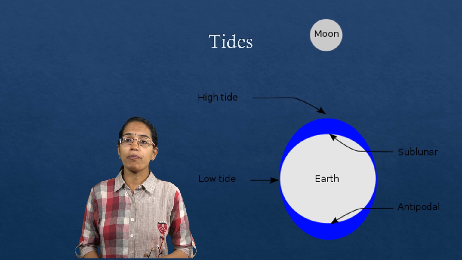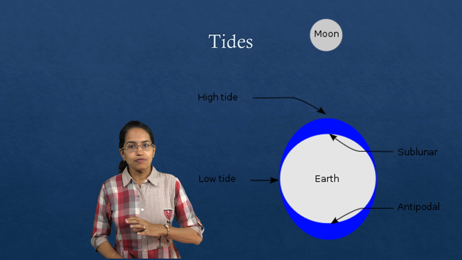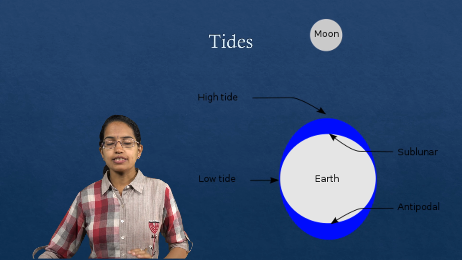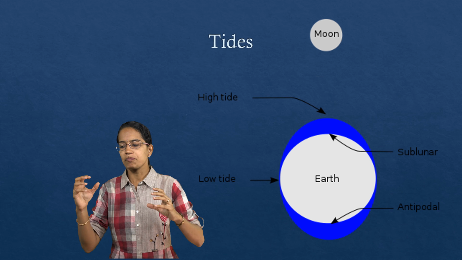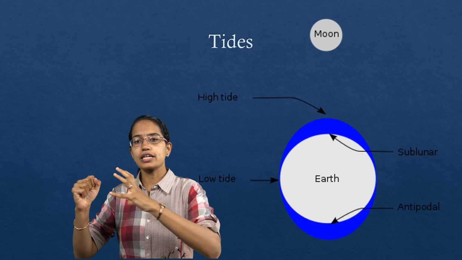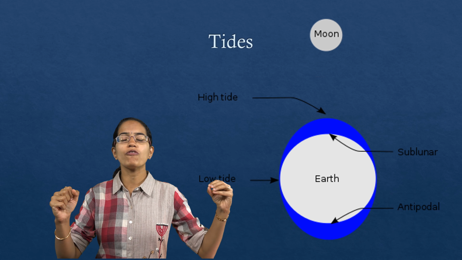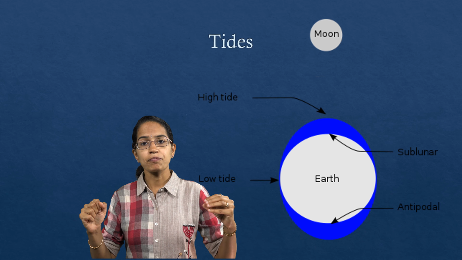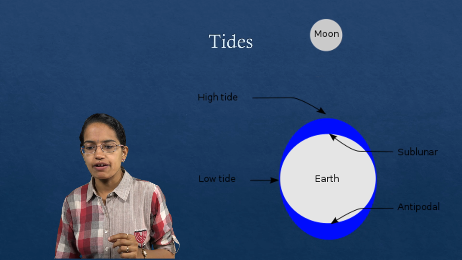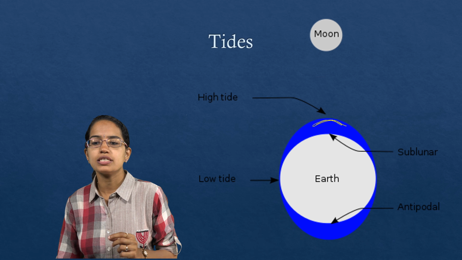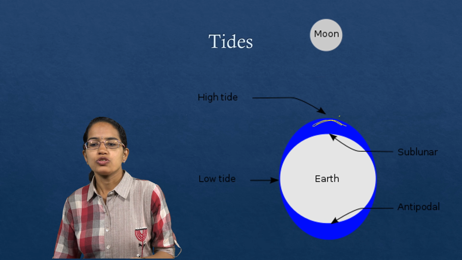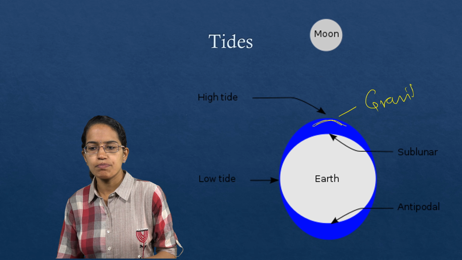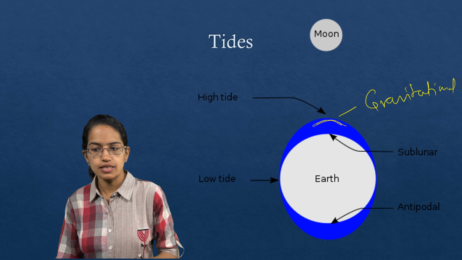The next important topic is tide. As we said, we have a complete lecture on tide separately. To understand this in a very simple fashion, I can say this is Earth, this is Moon. The gravitational pull of the Moon causes the tide. Now definitely this gravitational pull would be towards the side where you have the Moon, or the side facing the Moon. So you would have the gravitational pull that would be seen here.